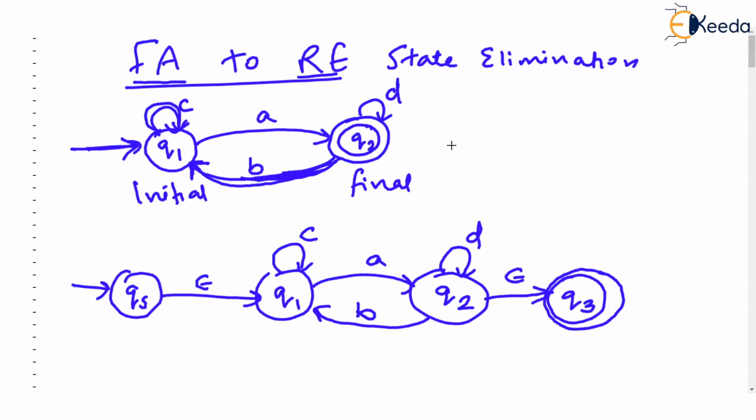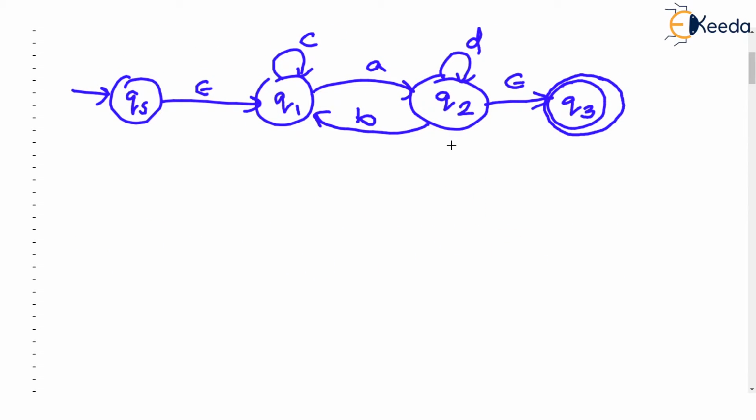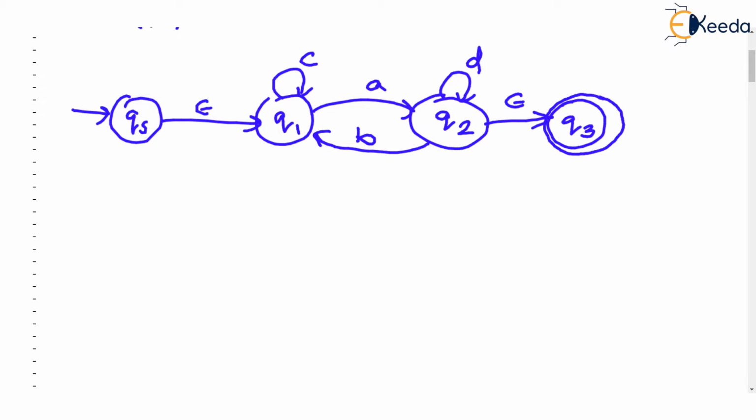Now let us eliminate states one after the other. You can eliminate states in any order, but let's eliminate Q1. If you eliminate Q1, what are the various paths that can be taken through Q1? First path is you can go from QS to Q2. This path was via Q1, isn't it? Q1 will take you to Q2. Now you are deleting Q1, and at least from QS, that's the only path that will take you to Q2.